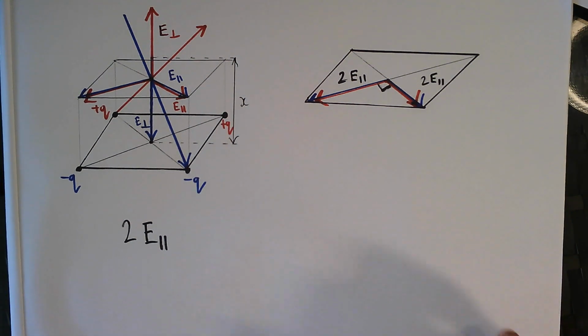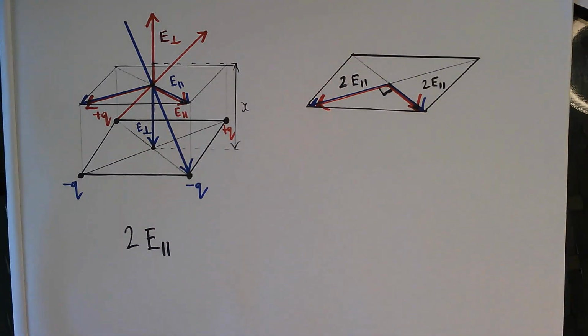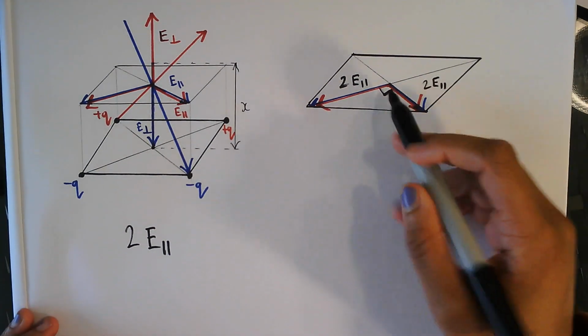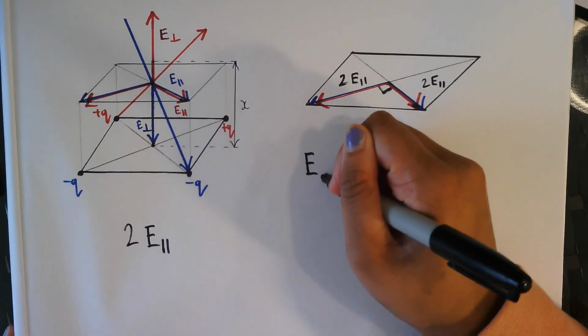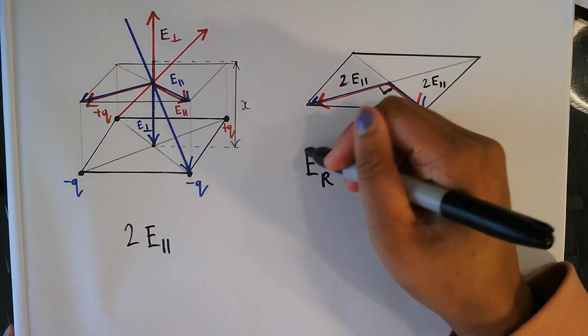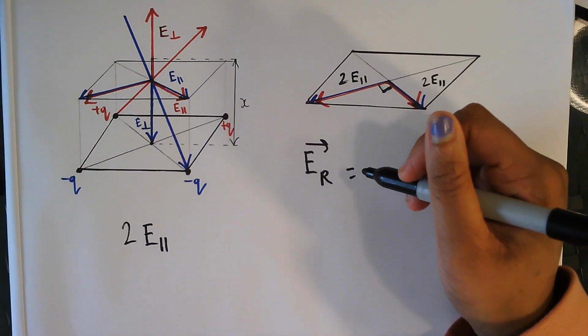So all I need to know to calculate the overall electric field strength, you can see from here that the resultant electric field strength, if I call that ER for E resultant, I know that that is going to be equal to